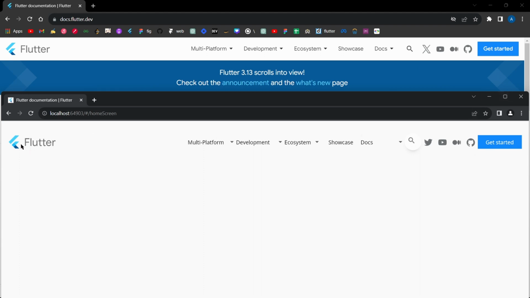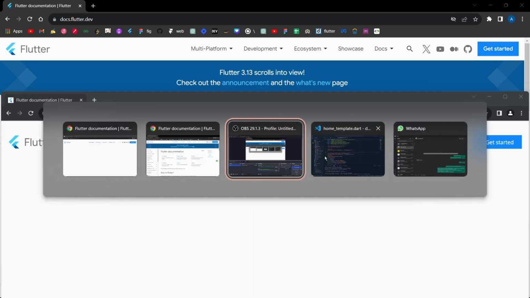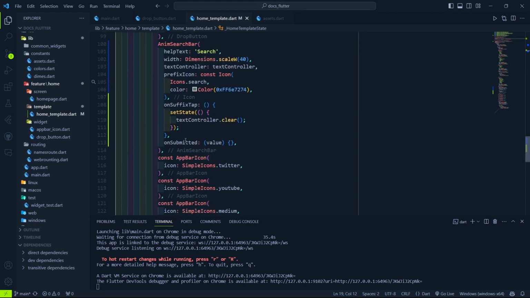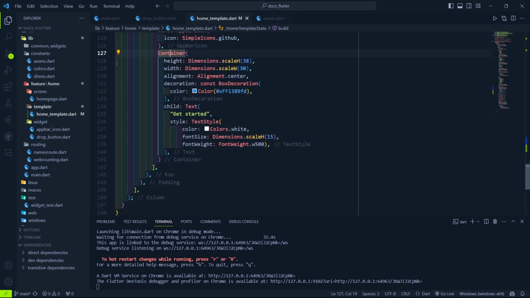So this thing is already done. What is remaining is that when I hover it, the cursor should change. So I'll just check that the cursor should be there. So what I'll do is I'll just put the container. First of all, the container will be, so with that container I have to